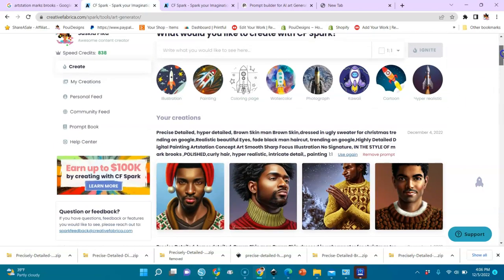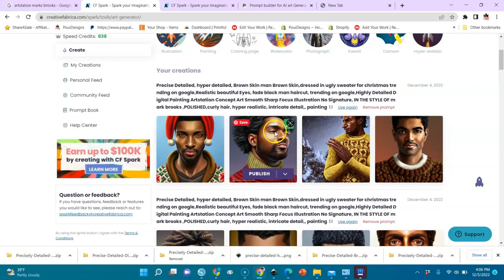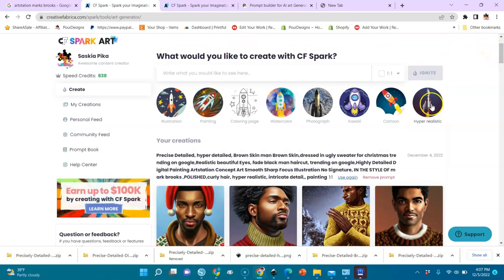We were talking about Mark Brooks, and I told you that with Mark Brooks you have smooth design. Polished is one of the words that you can use to get nice faces. And I used hyper realistic. This is this button. I just click on this button and they come in.